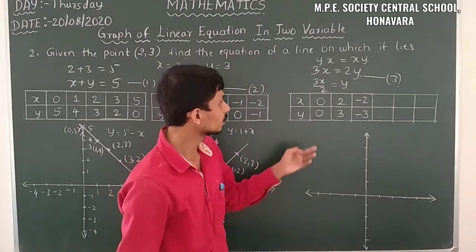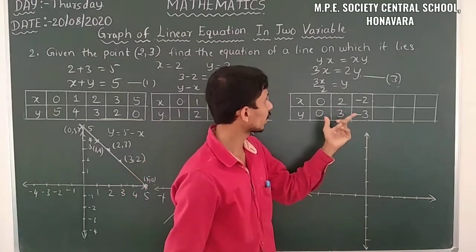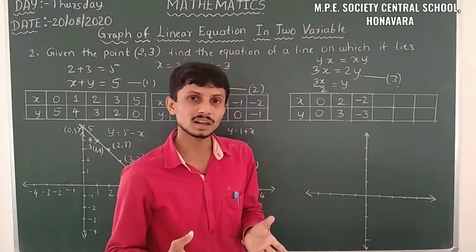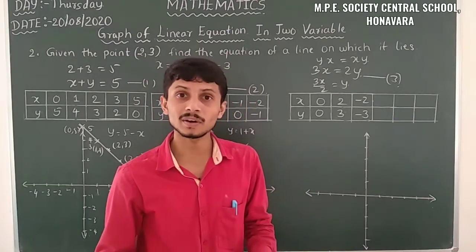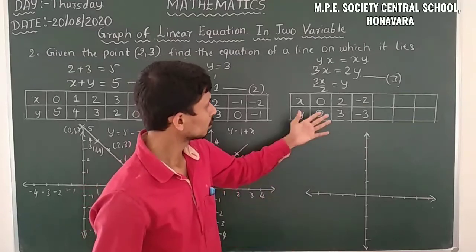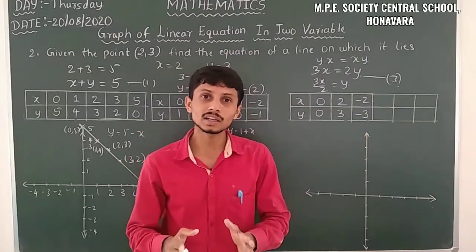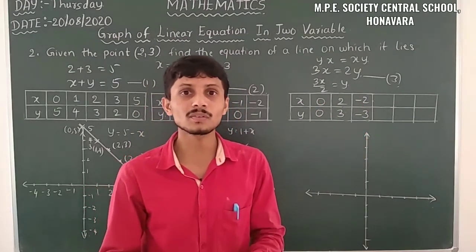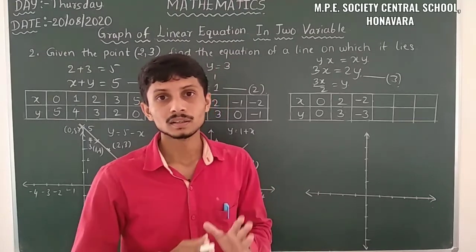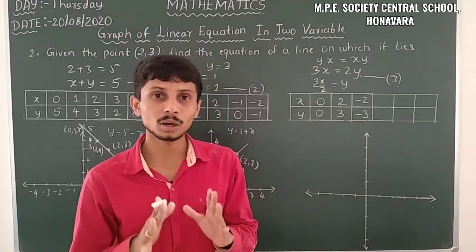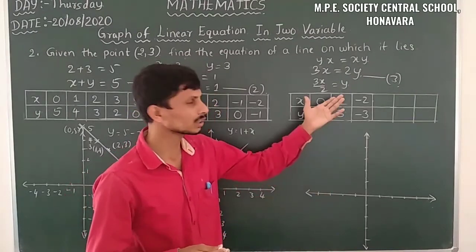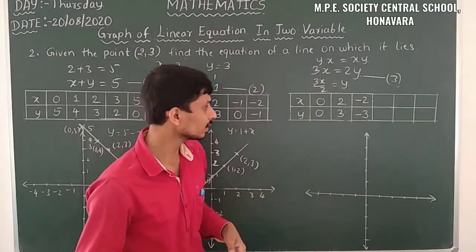Yes. If you take the next values, we can get many values. So there are infinitely many values, so you can stop here only. When we get 3 values, it is enough for drawing a line, or enough for drawing the graphical representation of a linear equation in 2 variables. You can stop here only.